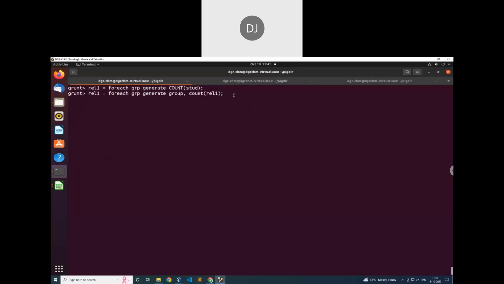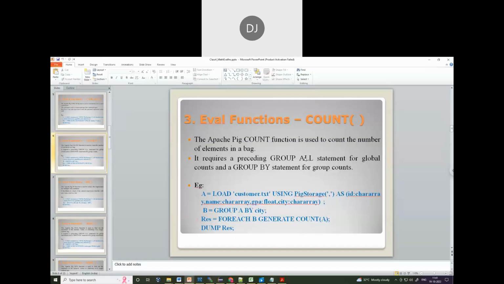See, Prakash, what I'm doing here is we are trying with the count. In the count, we have loaded the customer into a relation. We are grouping it by city, and we are going to count the customer relation only. This is what your doubt is, right? So, what I'm doing here,